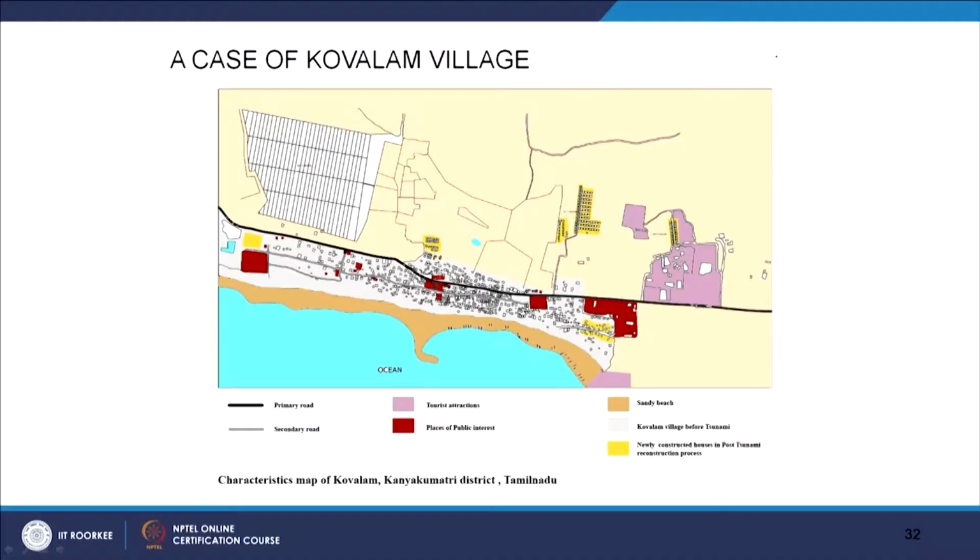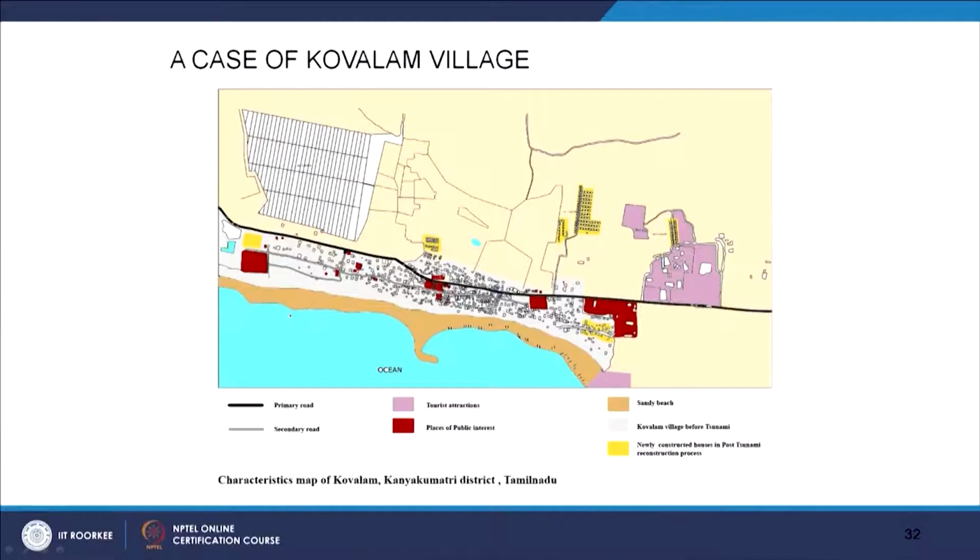The first challenge at that time of research, we are talking about 2005-06, where Google Earth was just in the beginning stages, and I was not getting any maps. So I had to digitize these maps, whatever Google Earth could give me, and some physical observations. So I developed these maps, especially if you look at the Kovalam map, this is basically the sea and then the Indian Ocean, and you have the salt mines here.